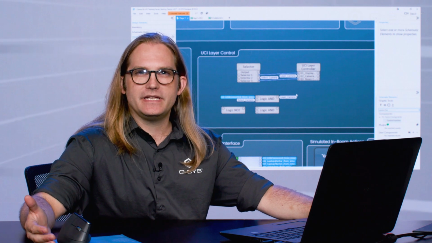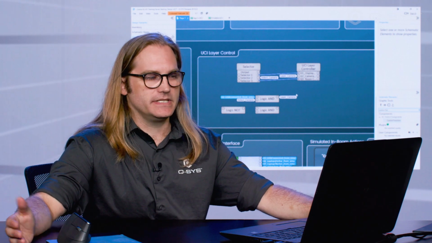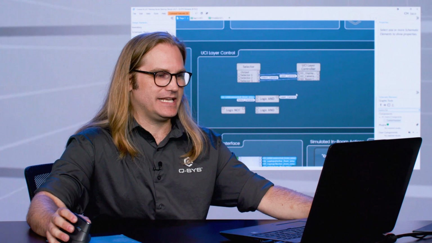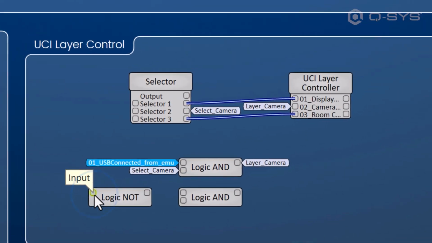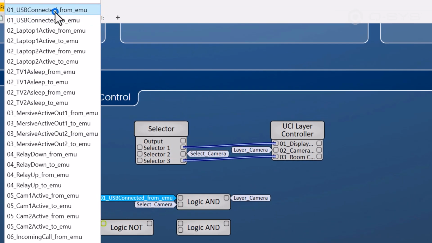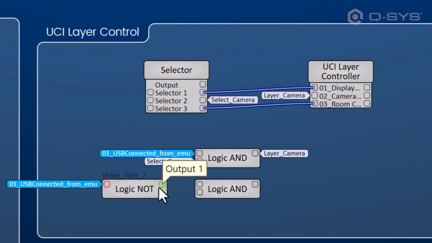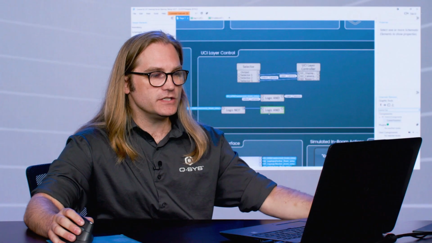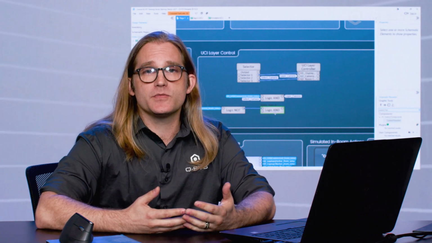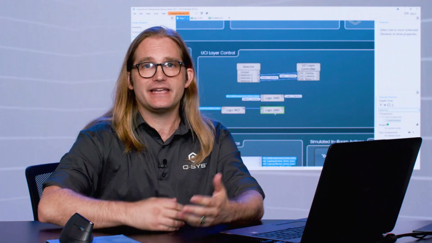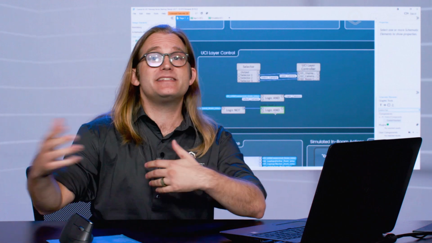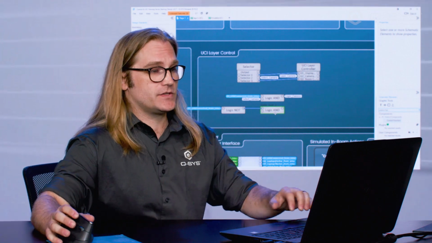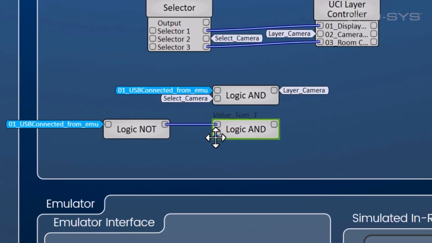Now, to handle the not portion, the USB not being connected, right? So I'll send that same USB connected from to the logic NOT, and I'm going to connect that first pin of the logic AND to that logic NOT output. And now we're still looking at the selection of the camera layer. If the USB is not connected and they've selected the camera layer, then it needs to go to that new layer, right? So I'm still going to use the select camera